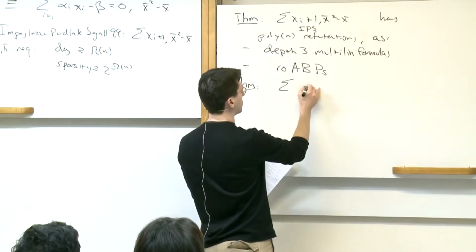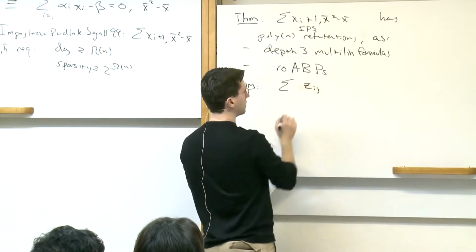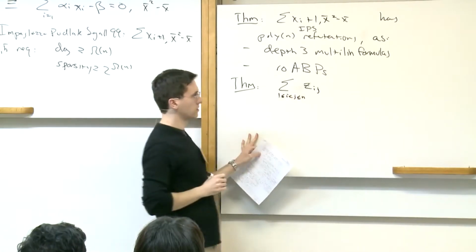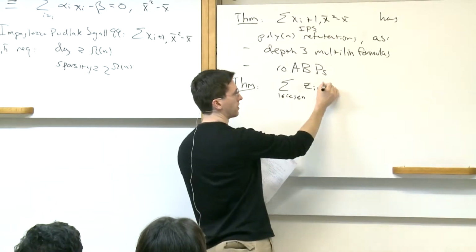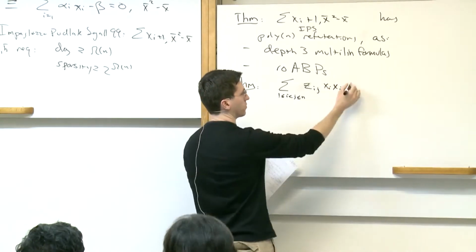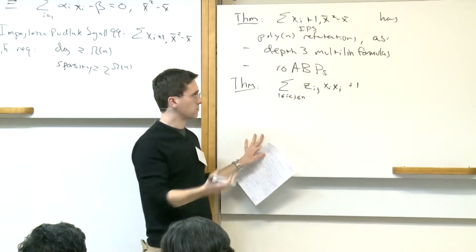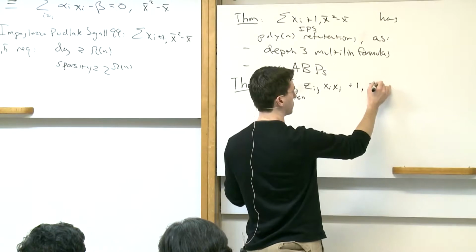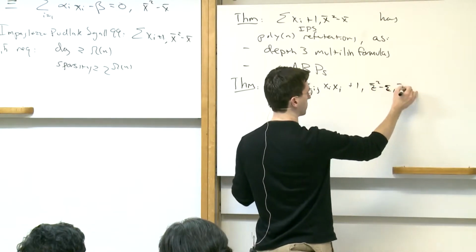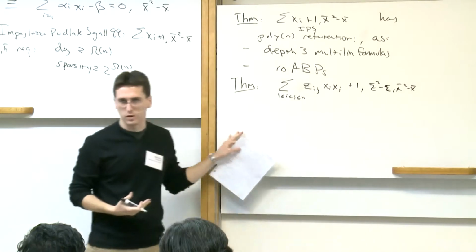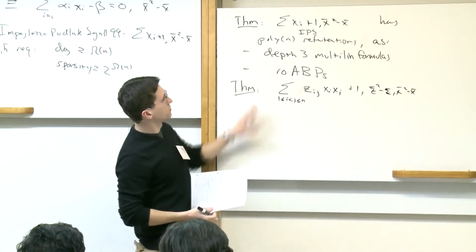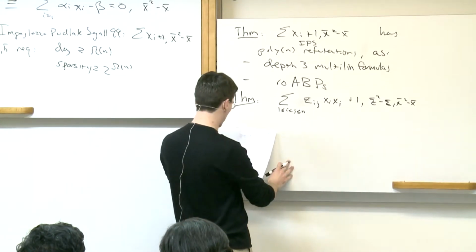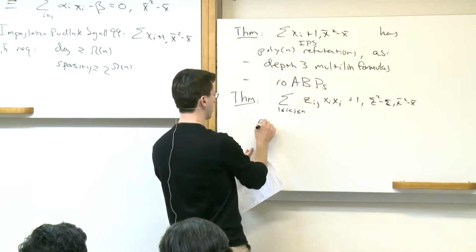So consider the following set of polynomials. You have z sub ij, with two indices, 1 ≤ i < j ≤ n. You're going to have a variable z_ij, you're going to multiply by x_i x_j, and you're going to add 1. This is some cubic polynomial, whatever. And then you're going to have the boolean axioms, so z² − z and x² − x. Okay, so this is a system of polynomial equations. The intuition is that this sort of looks like the subset sum thing, but it's different, right? The theorem is that this requires